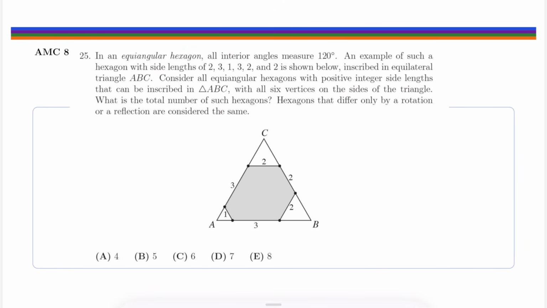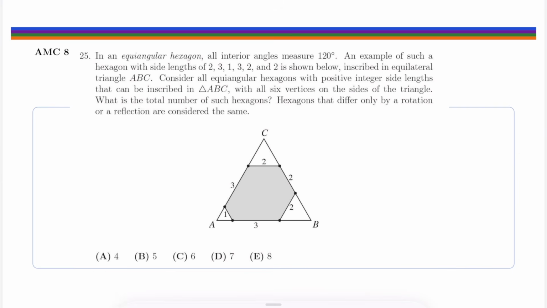In an equiangular hexagon, all interior angles measure 120 degrees. An example of such a hexagon with side lengths of 2, 3, 1, 3, 2, and 2 is shown below, inscribed in an equilateral triangle ABC. Consider all equiangular hexagons with positive integer side lengths that can be inscribed in triangle ABC, with all 6 vertices